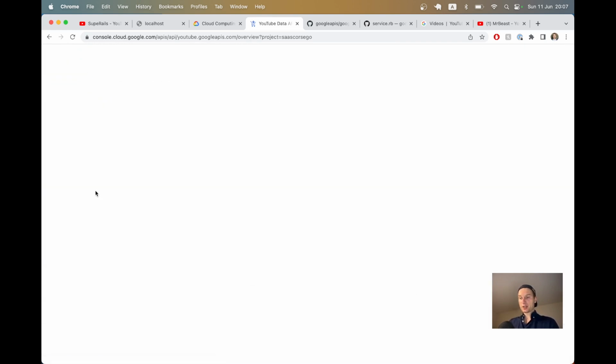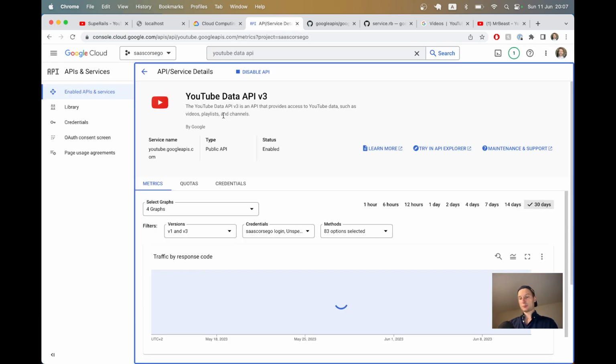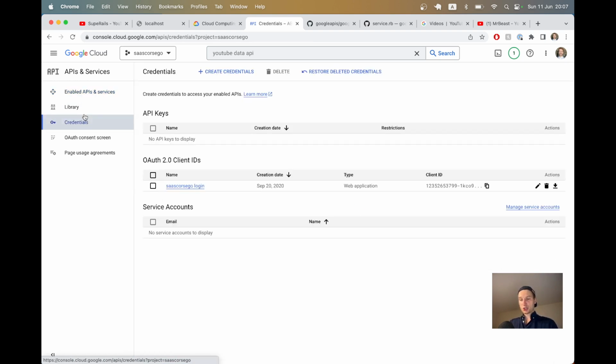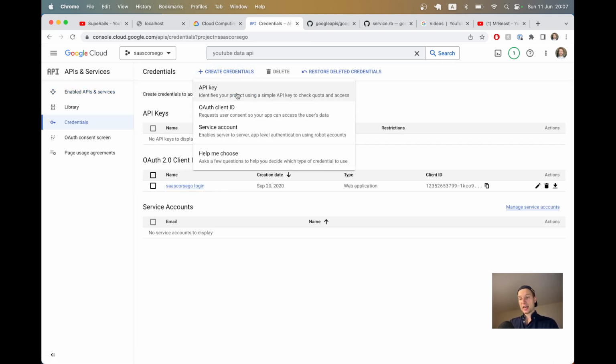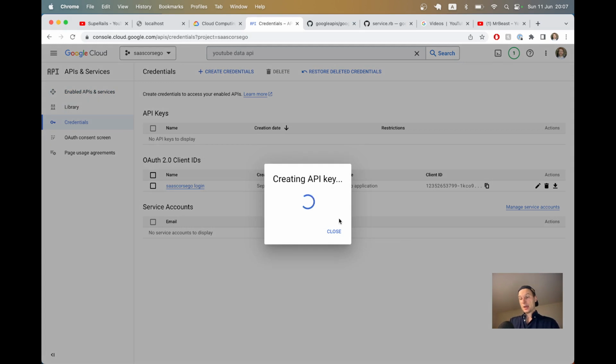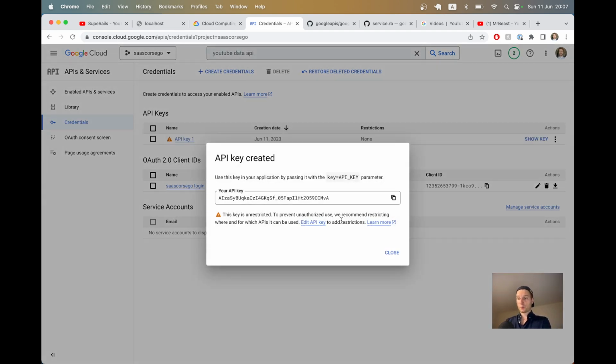I click on manage, and it brings me to the dashboard. I'm going to create a credential that we're going to use to access the videos. So I'm going to go to credentials, create credential, API key, and it has been created. And we now need a way to interact with the YouTube API. So let's go to the